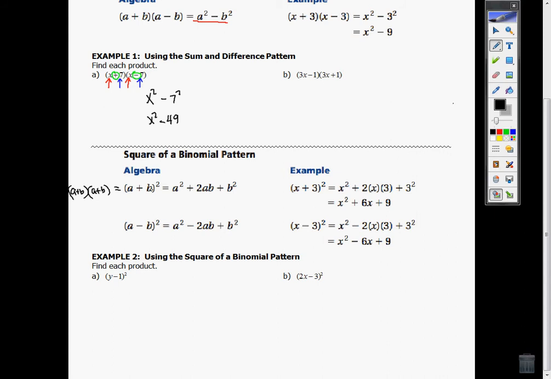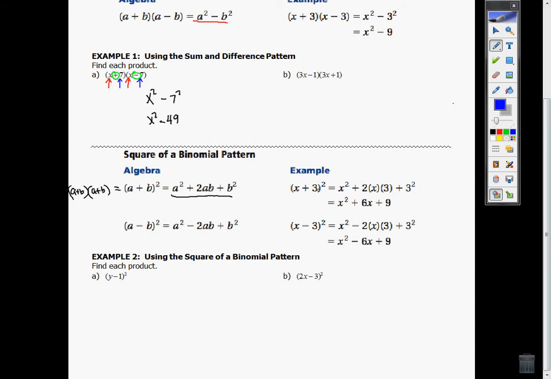No, it does not. It would if we had multiplication in here, but we have addition, so we have a different type of situation. This whole thing right here means it's multiplying itself. A plus b multiplies itself. So I could sit here and I could multiply out a times a, a times b, b times a, b times b, and I could get a squared plus ab plus ab plus b squared, or I can jump right to the end. I know what it's going to come out to be. So for example,